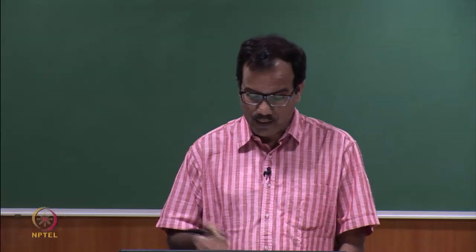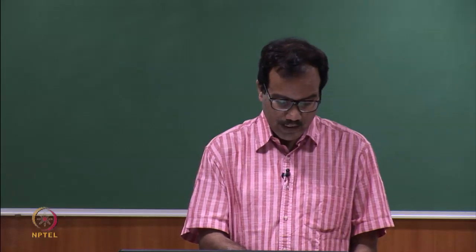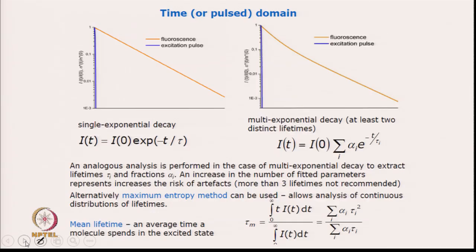Now you have this curve and you can just fit it and see what the lifetime is. So, this is the time domain data, this is the excitation pulse, and this is your fluorescence decay. As I discussed with you, I(t) will be given by this equation: I(t) equals I naught times exponential of minus t divided by tau, if there is only one fluorophore,